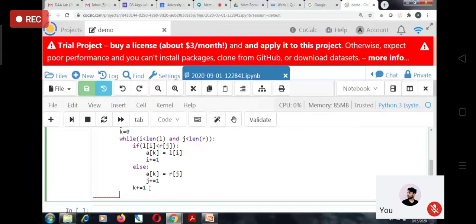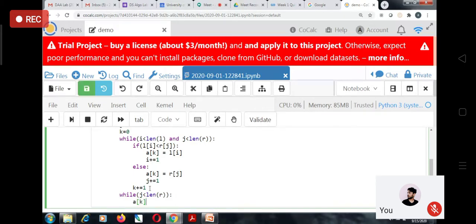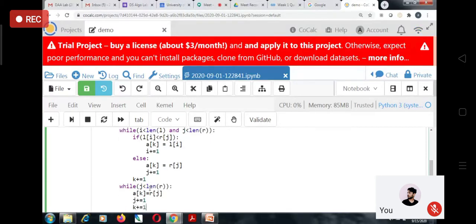Suppose we have completely traversed the left sublist. Now we have to get the leftover elements in the right sublist. So while j is less than the length of R, we put R of j into the new list, A of k equals R of j, and j equals j plus 1, k equals k plus 1.